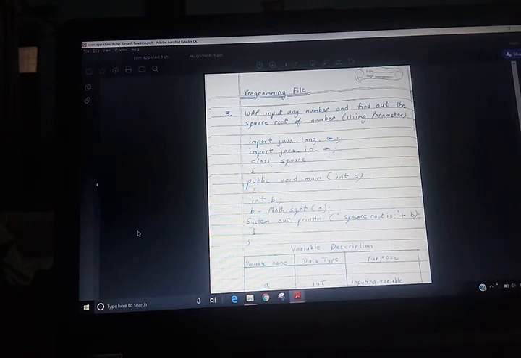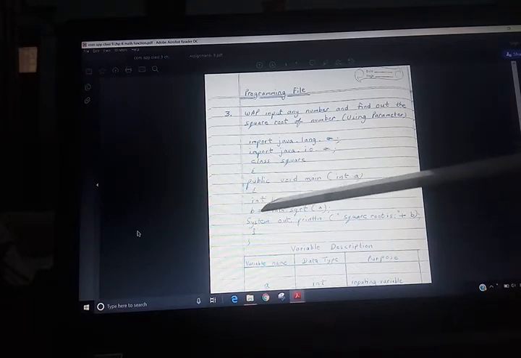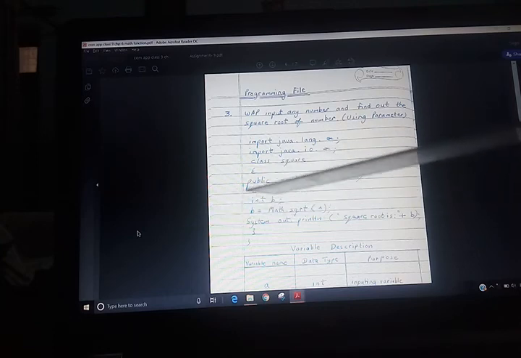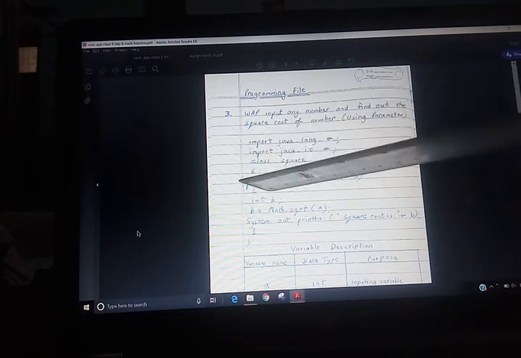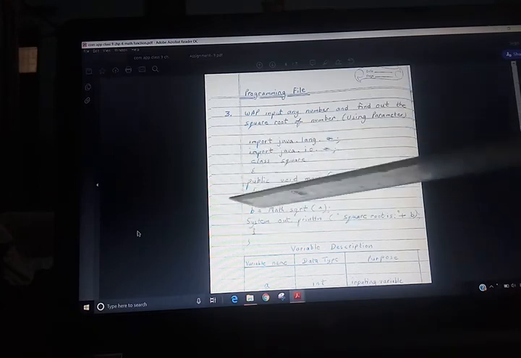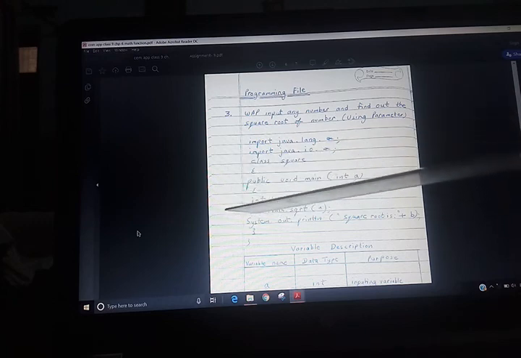Then next public void main, because it is in a parameter. So here the number is input here, int a. Then int b, either you write the data type here, or you write it separately. One time only you are going to write the data type. There is no use to write it again and again, then there will be a syntax error.